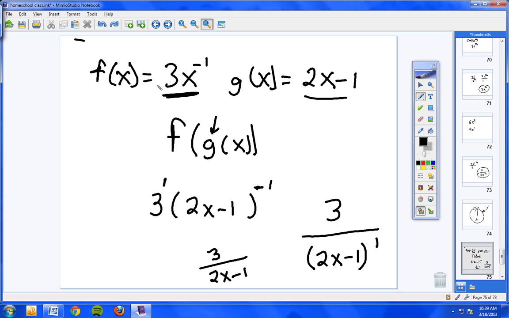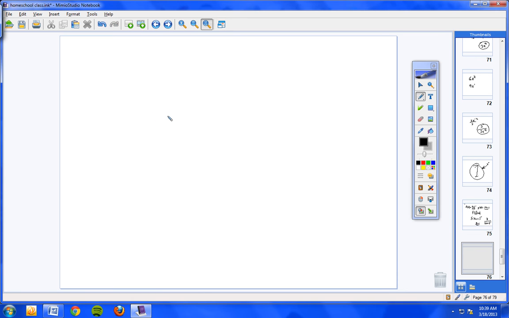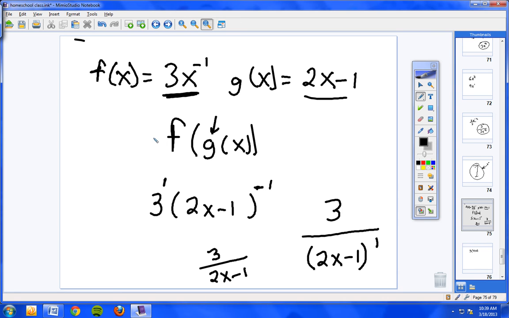Okay, let's try another one. Matthew, hang in there. And remember this, Matthew, the first one's always the most difficult, it's a new thought process, so just continue to work. Let's try g of f of x, okay? That's the next problem. Okay, Chase, I'm going to start with you. What function is on the outside, g or f? Okay, so g is on the outside, Matthew, so my g function is